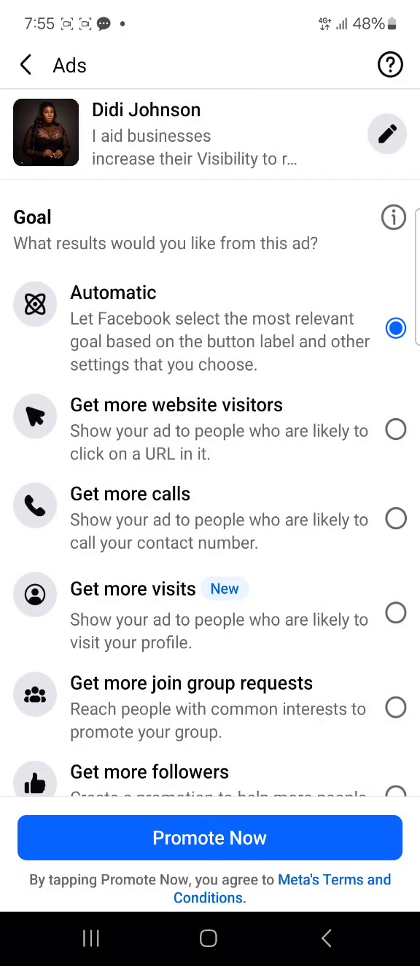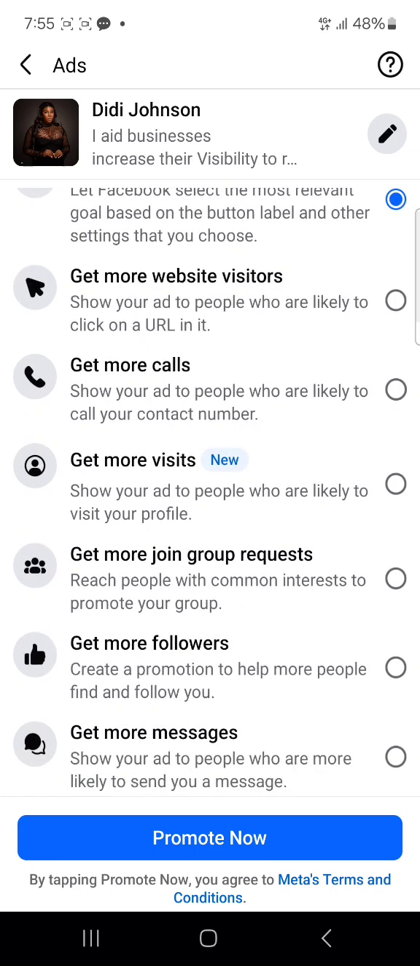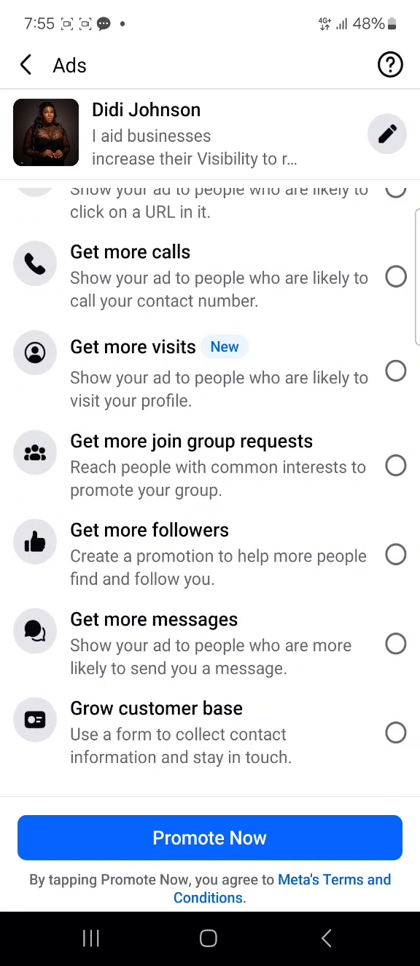Like I said, there are different goals for your adverts. We have if you want people to join your group on Facebook, if you want to gain more followers, if you want to get more messages. But getting more messages is one of the goals that I seldom use because